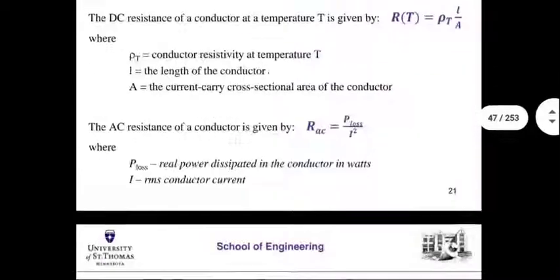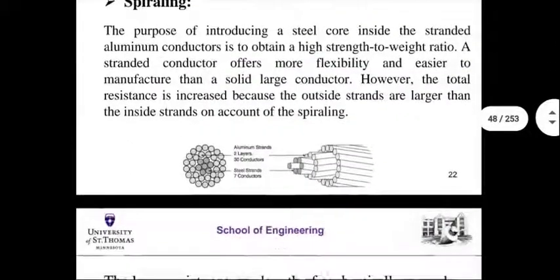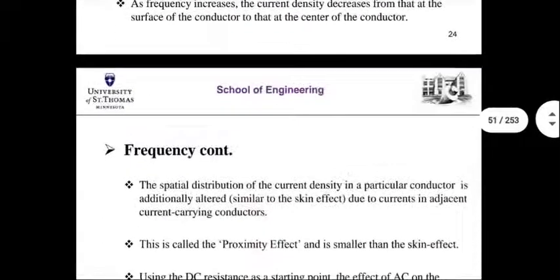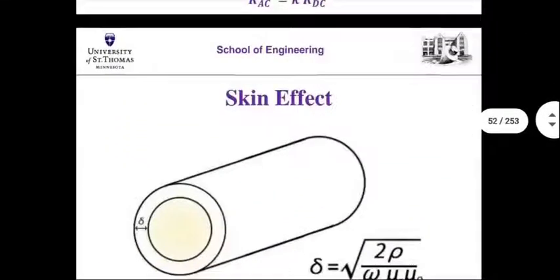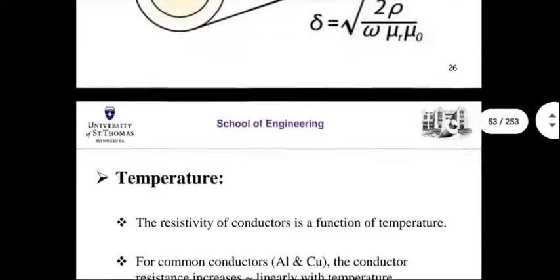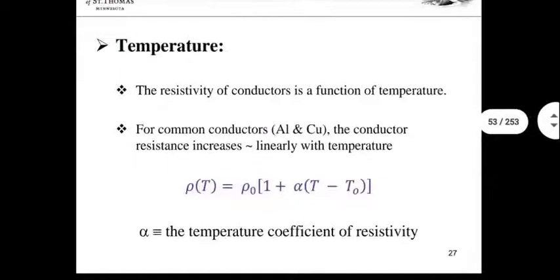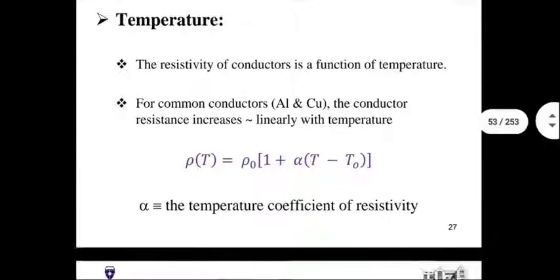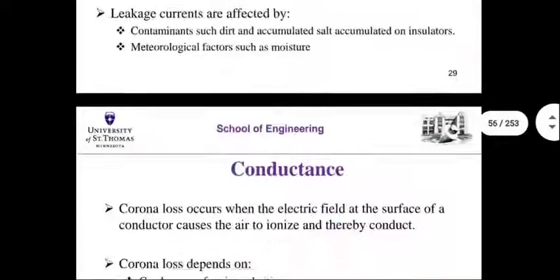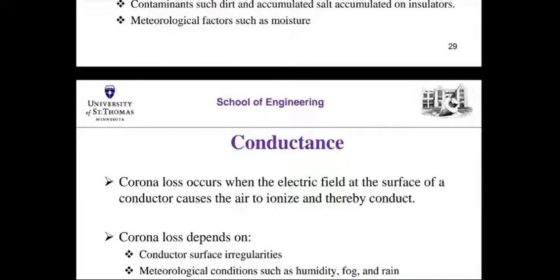One interesting thing I wanted to show you was lot of formulas for calculating RLGC. Okay. Skin effect, you know this already. The higher the frequency, more is the tendency of the current to stick to the outside periphery of the conductor. Temperature effect on performance has to be modeled. Equations are available. In Kashmir versus in Rajasthan, there will be a lot of difference in the performance.